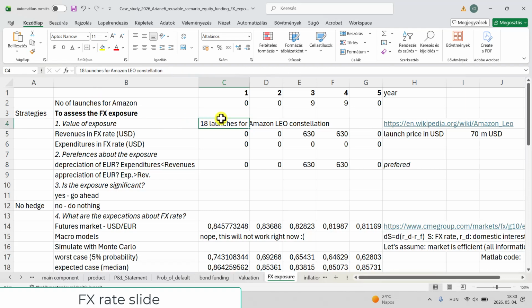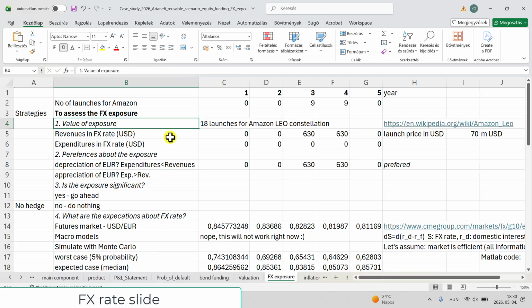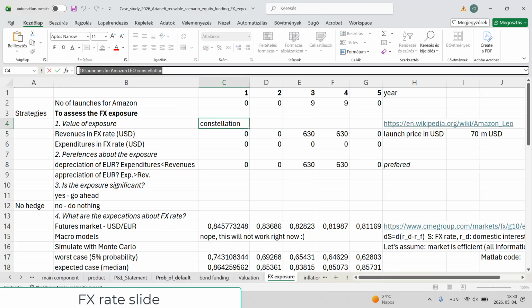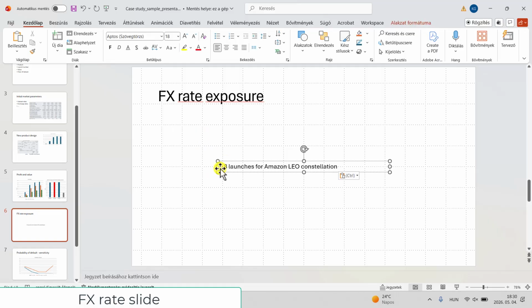So first of all, this is the kind of exposure that foreign exchange exposure is related to our contract with Amazon